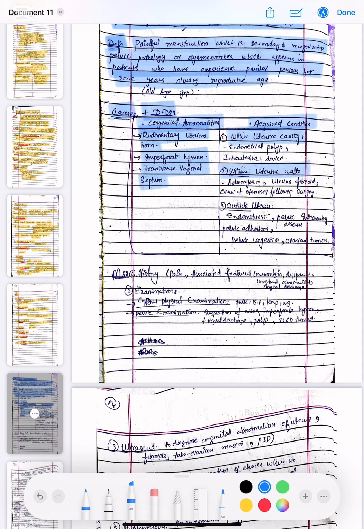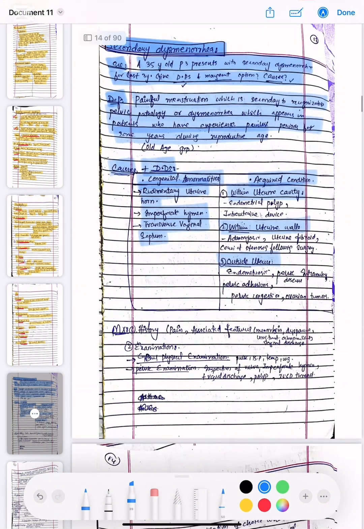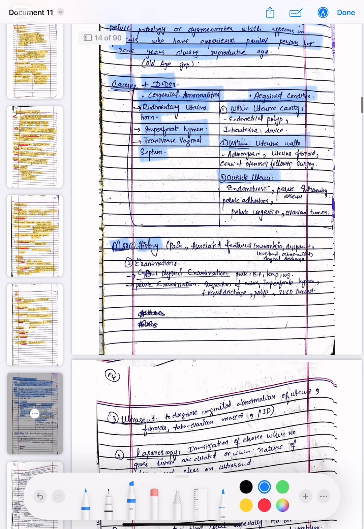Then within the uterine walls are adenomyosis, uterine fibroids, cervical stenosis following surgery. Then outside the uterus we have endometriosis, pelvic inflammatory disease, pelvic adhesions and pelvic congestion, and ovarian tumors. The management options for secondary dysmenorrhea start with history, that is pain associated features, menorrhagia, dyspareunia, and urogenital